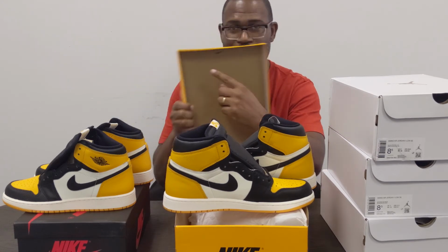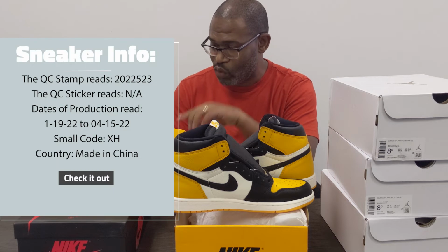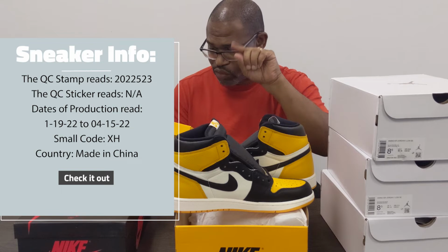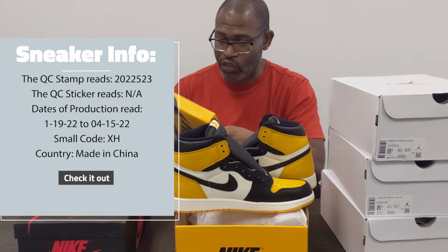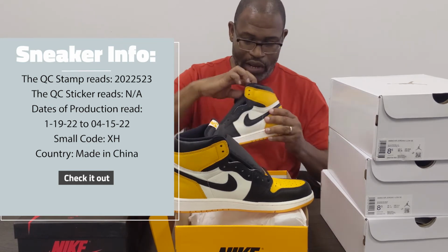Now on the inside of the box there is a QC stamp, and I'm going to give you that as 2022 523, and there are Chinese characters in there. So just making sure I say that. But 2022 523. I'm going to take this box top and sit it to the side, go right into the